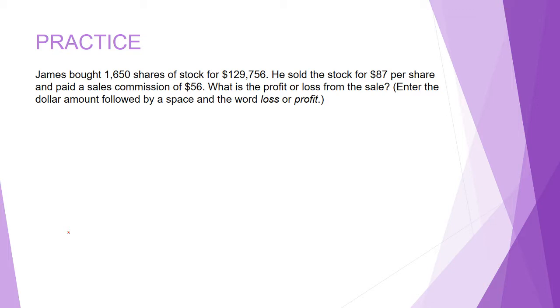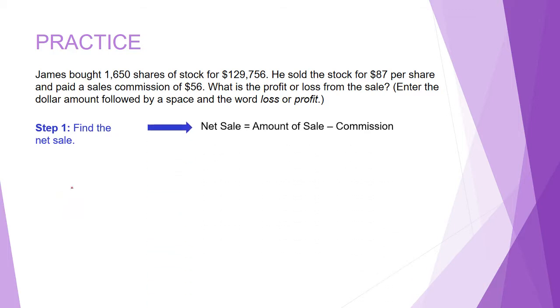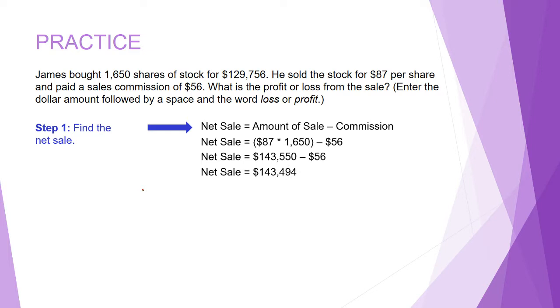Alright, let's go over this one. So again, before we can find out if it's a profit or a loss, we need to find out what the net sale was. So he sold for $87 per share for 1,650 shares, giving us $143,550. So that's how much he sold it for. To find the net sale, subtract the commission from that, giving us $143,494. So comparing that number with the amount he bought it for, we can tell that James had a pretty